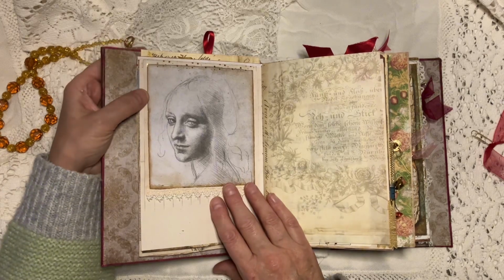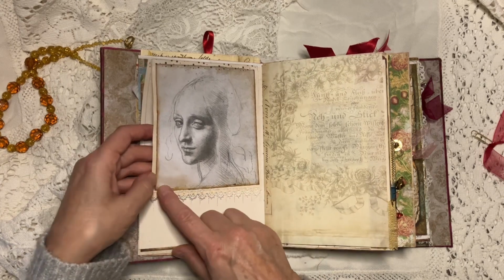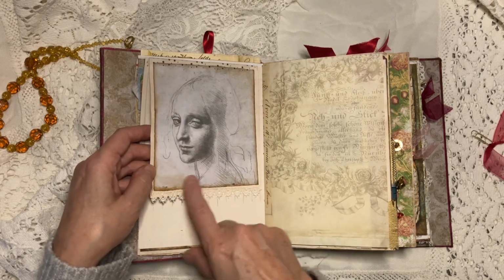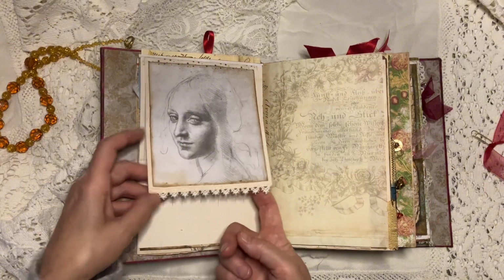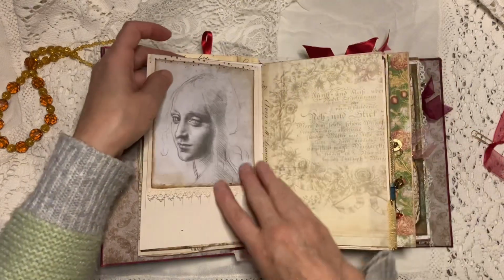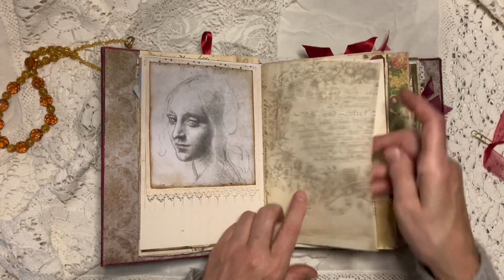This is an image that I cut out of a book, and I have inked around it with ink, and then I've put this pretty lace on there. That flips up, but you can't write on it, it's just like this. And then we've got some tracing paper. I love that, by the way, really beautiful. That's some tracing paper,